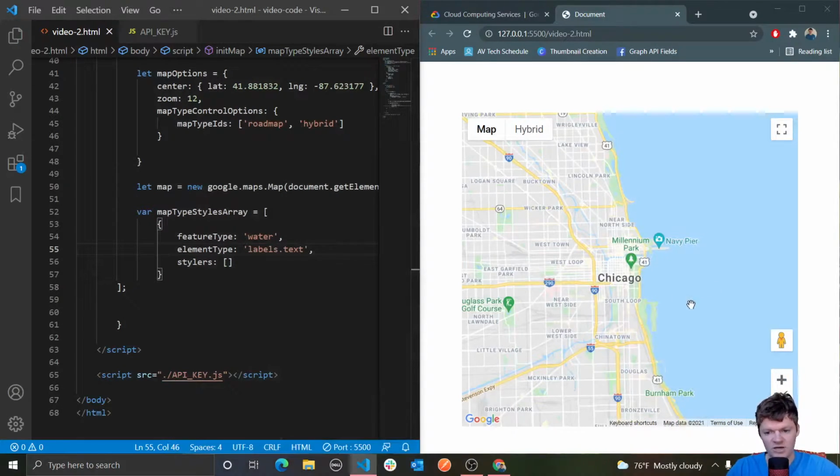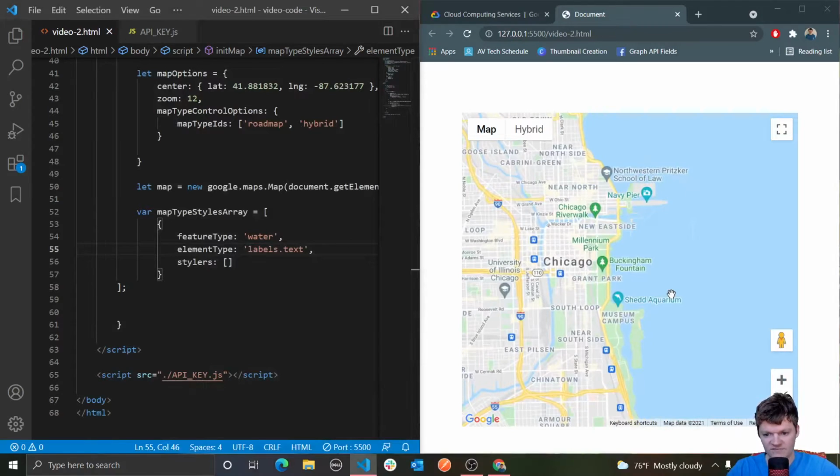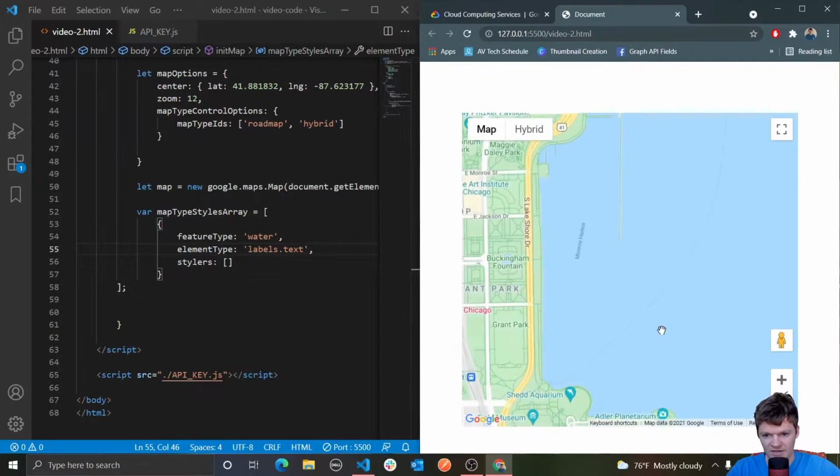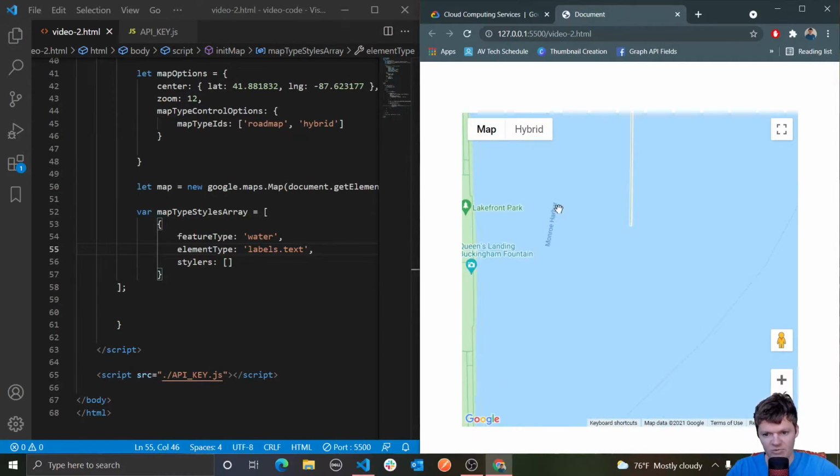Also, let me show you where the text is in the water. If I zoom in here, you can see we have Monroe Harbor. So this right here is saying we want to style the text that is over this body of water, which is this right here. But now, the final key I want to go over for a map type style object